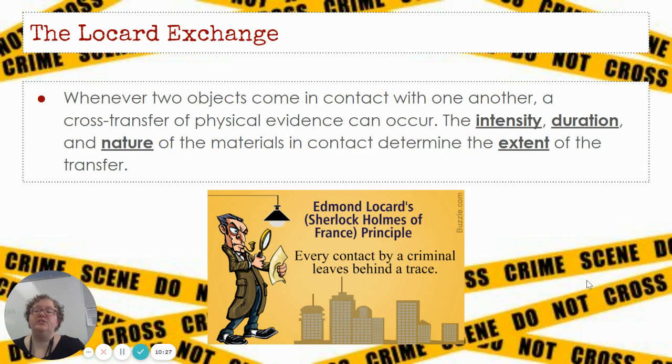The evidence collection is based on something called the Locard exchange. The Locard exchange principle says whenever two objects come in contact with one another, a cross transfer of physical evidence can occur. The intensity, duration, and nature of the materials in contact determine the extent of the transfer. So that basically means when a criminal is in a place, there will be some sort of transfer of evidence